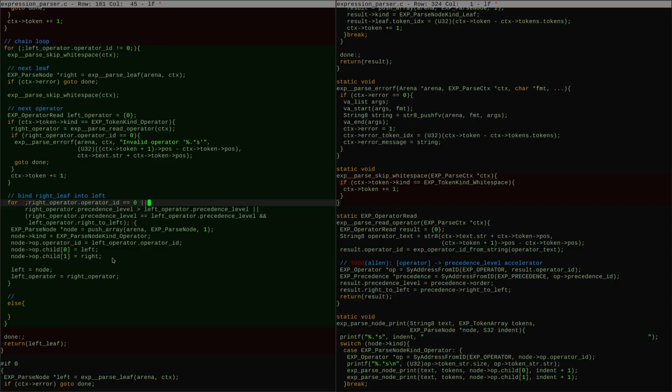So we're going to loop on the condition that right operator does not equal 0, the precedence level is less than this precedence level, or they're the same and it's right to left. So if the right operator wants to be stickier than the current operator,